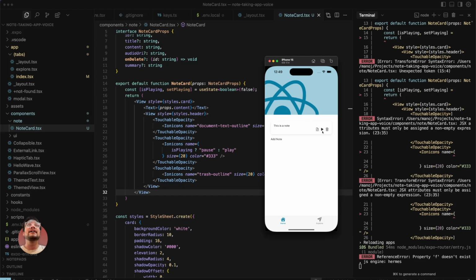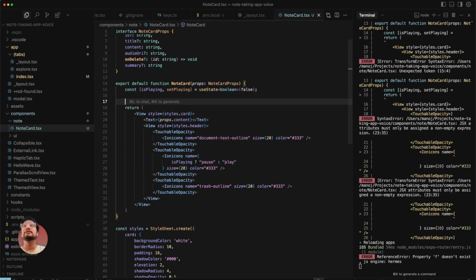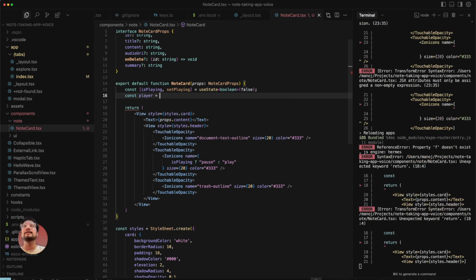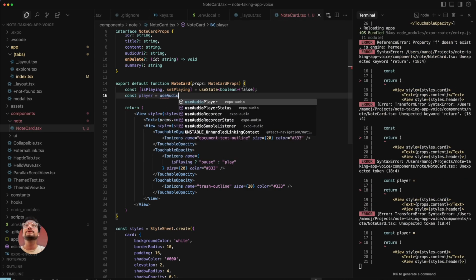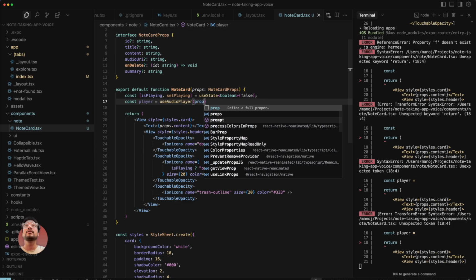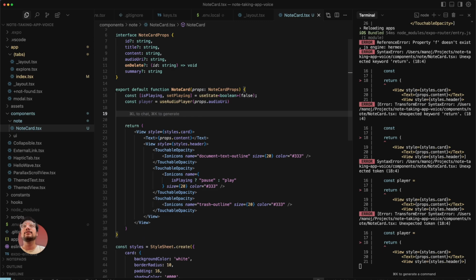Now let's actually make them functional. So I'm going to create an audio player. So const player, just like we did in the last video, useAudioPlayer, and we have to pass a URI, which is coming from props.audioUri. Right? And then we're going to create play and pause functions. Instead of creating play and pause, I'm just going to create one function. So it's going to be const toggle